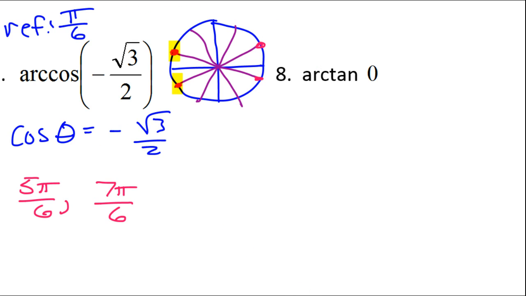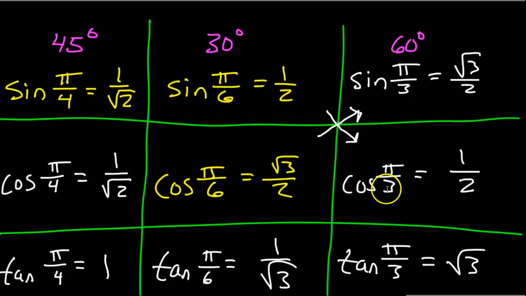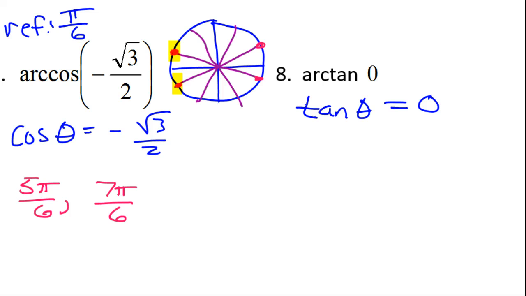Alright, how about number 8? Alright, look at number 8. This arctangent business is asking us the tangent of what angle is 0. Now, this is not one of the ones on our scratch paper. There's no 0. But it is a quadrantal angle. So, what am I talking about? If you look at our unit circle,